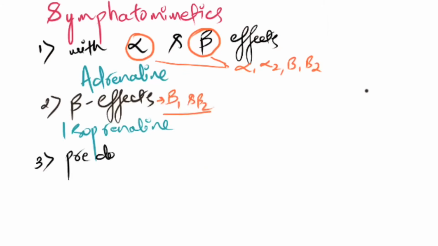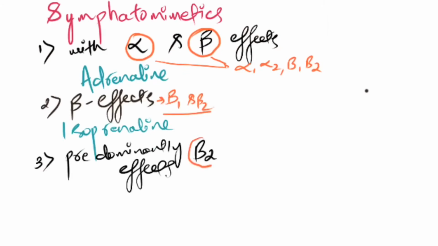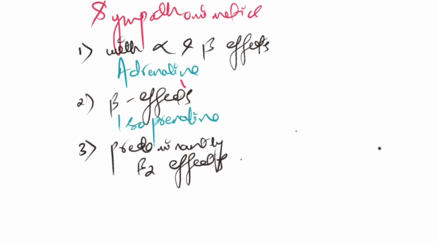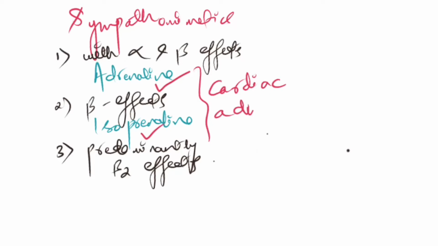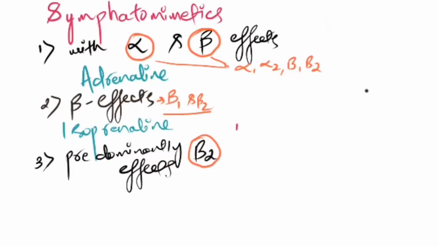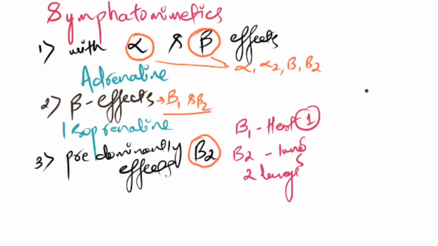But the latest drugs that we use are predominantly beta 2 effects. Here you can compare the beta effects, but here predominantly beta 2 effects. In the previous one, it works effectively on beta 1 and beta 2, but in this third one, it acts effectively on beta 2 effects. Both adrenaline and isoprenaline had excellent effect on dilatation of the bronchus, but they had cardiac adverse effects because beta 1 acts on the heart and beta 2 acts on the lungs. You can remember beta 2 is lungs, and beta 1 is heart, therefore on the heart. They had effect on the heart as well. Even though they were acting on the lungs, they were affecting the heart also.